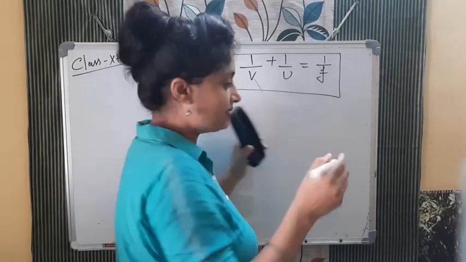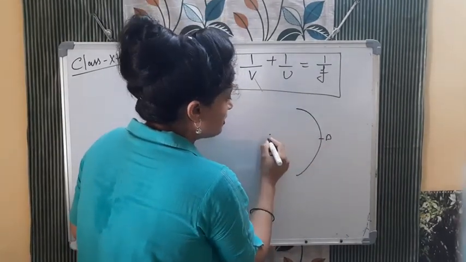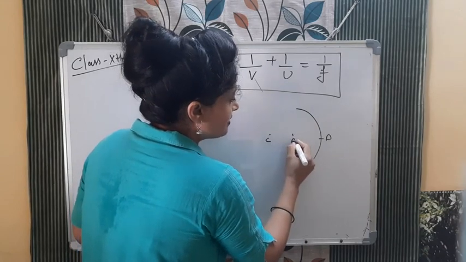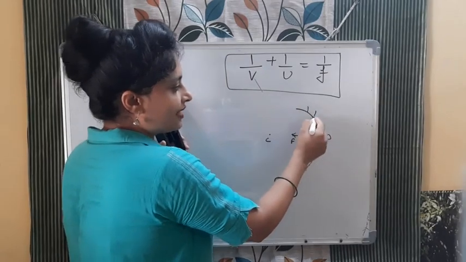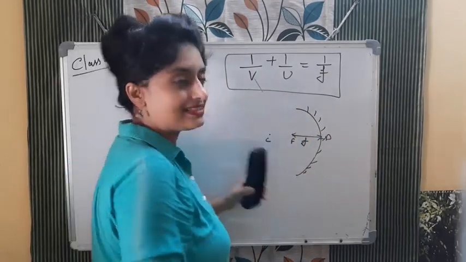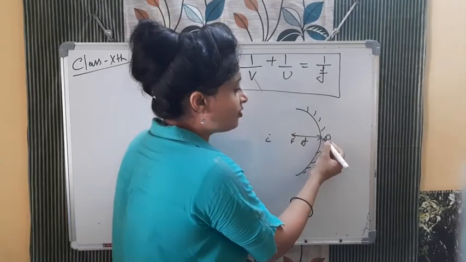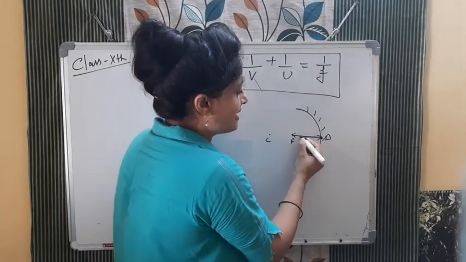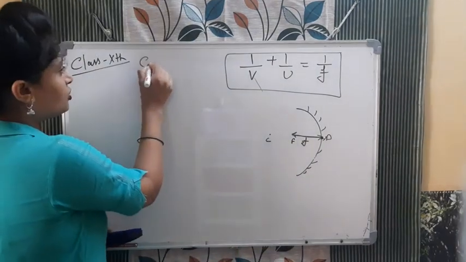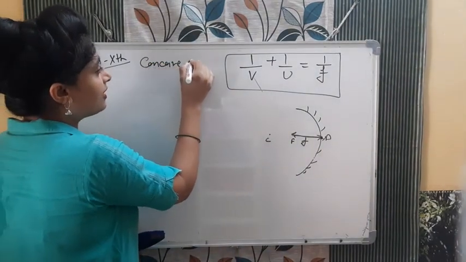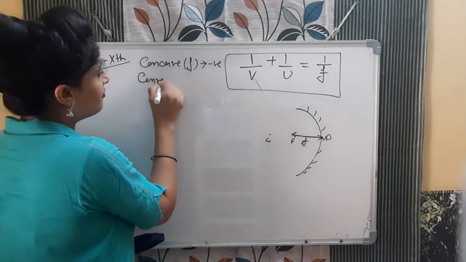Focal length is the distance from the pole to the focus. Concave mirror के केस में, see, in case of the concave mirror, pole is here, center of curvature somewhere here, and focus is here. So this distance is known as the focal length. Now see bacha, in case of the concave mirror, when you measure this focal length, you will measure from this pole, and when you go in this direction, left, so focal length कैसा होगा? Negative. So in case of concave, focal length is always negative. Okay?